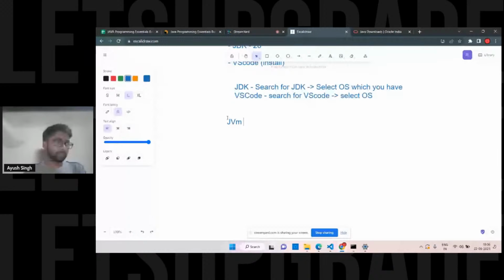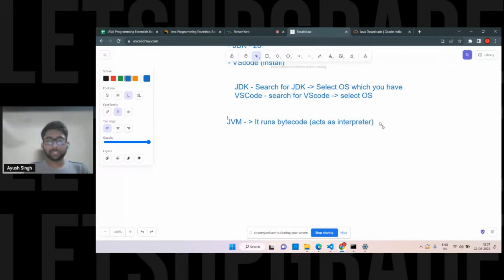This is only responsible for running the bytecode, converting it into machine language, because the Java Virtual Machine is inside the JRE, which is obviously inside the JDK. It's a simple part of what you install with the JDK, and a key component for platform independence. It acts like an interpreter which runs your bytecode, and you can run your code with the help of this JVM.